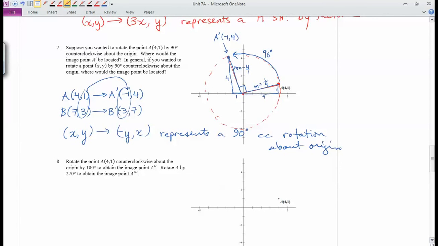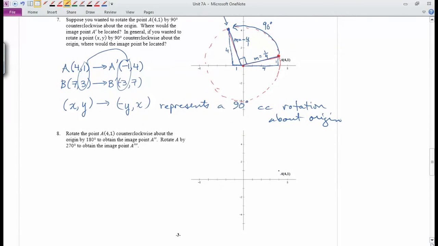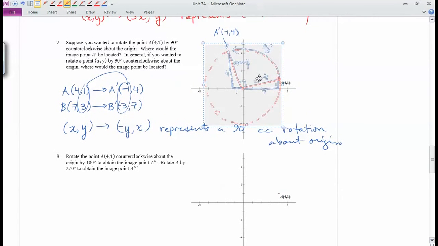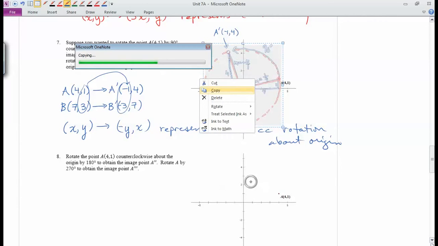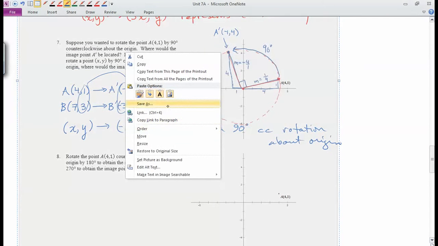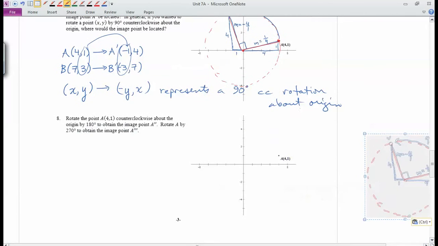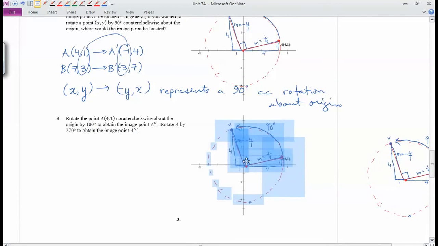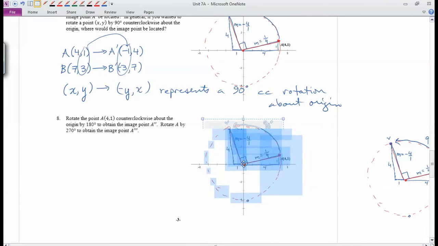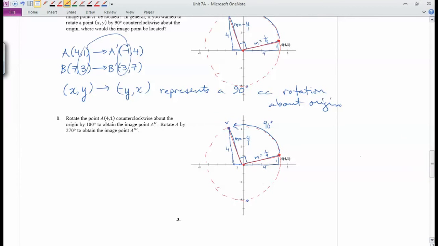Okay. So in number 8, we're going to do this again. Let me actually do this to save a little time. So I'm going to copy this and then paste it down here if I can, and move it right on top of this guy. Okay. So we already know that if I rotate it 90 degrees, I end up at A prime, which is